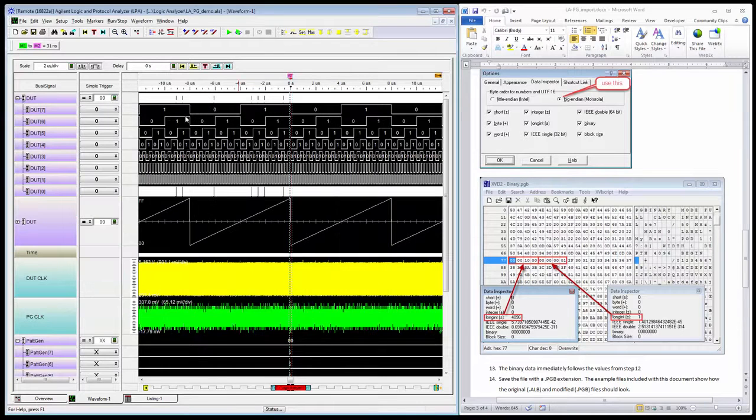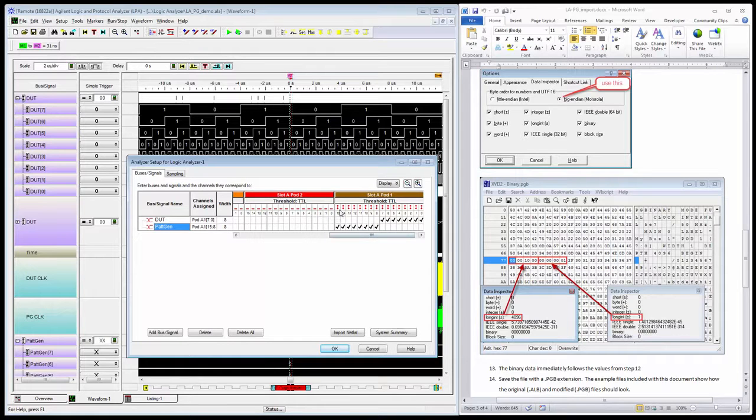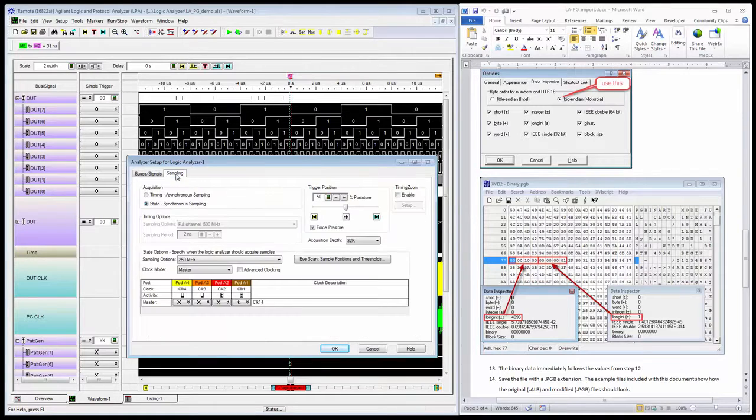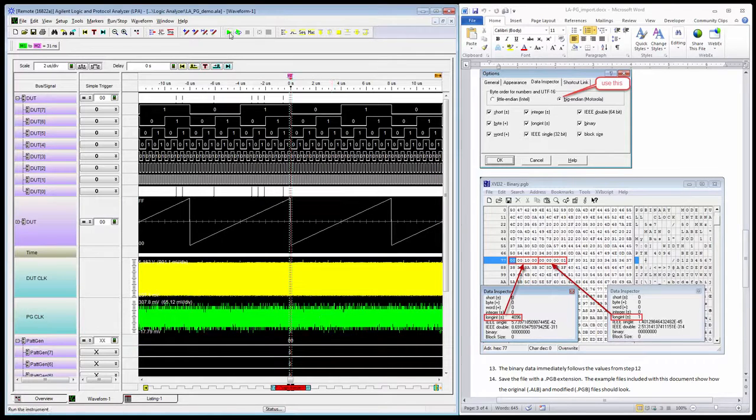Now my vectors are being produced by the generator repetitively. When I go into my bus signal setup and look at my activity indicators for the upper 8 bits of pod 1, that's the pattern generator output. And the clock is also active for the pattern generator on the A2 clock input. For my sampling mode, I want to change this to not use the clock from the device under test, but rather the falling edge of my pattern generator clock, which is the clock output on the clock pod of the pattern generator. So I'll click OK there, do a new acquisition,